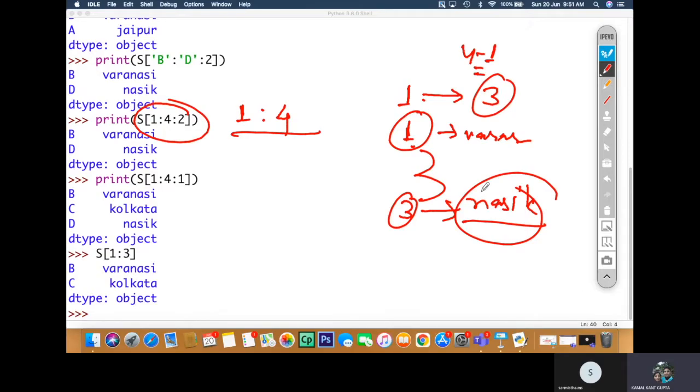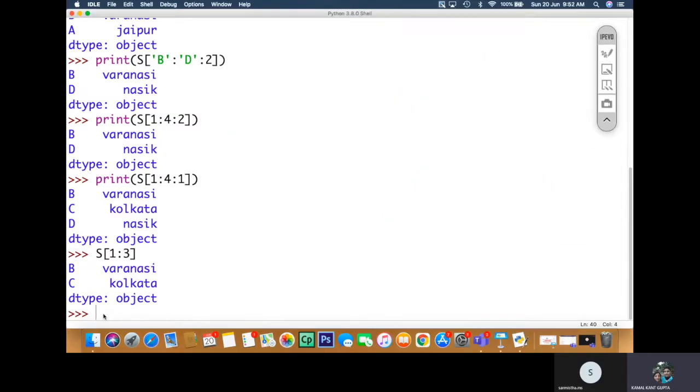So that means what? If I'm writing print, s at, the first one was Jaipur, and the last one was Nasik.